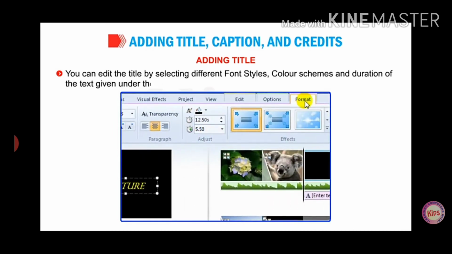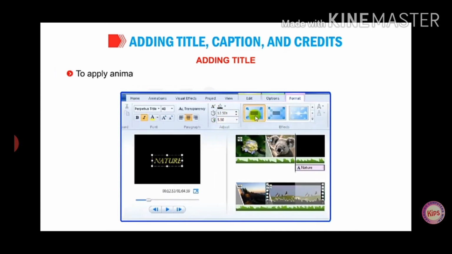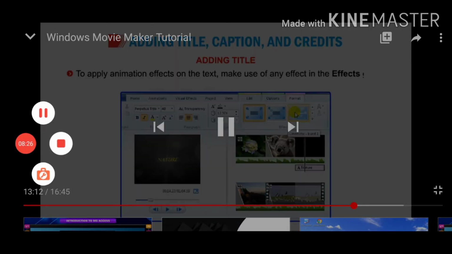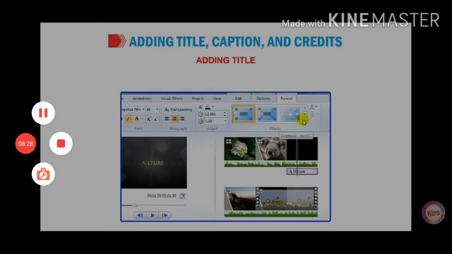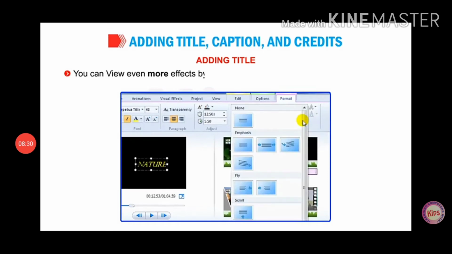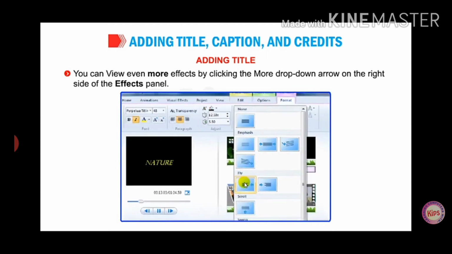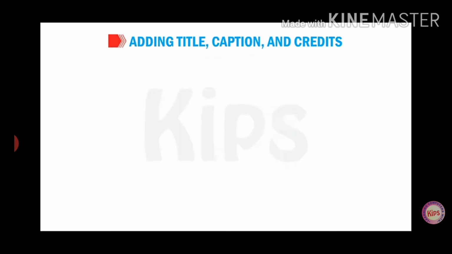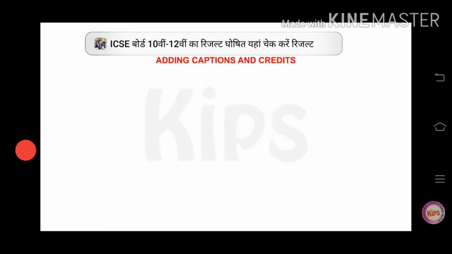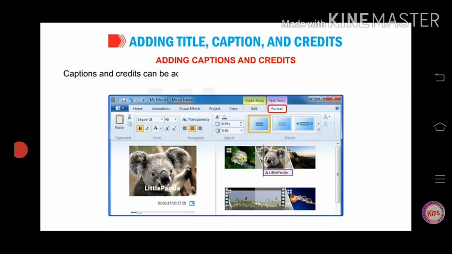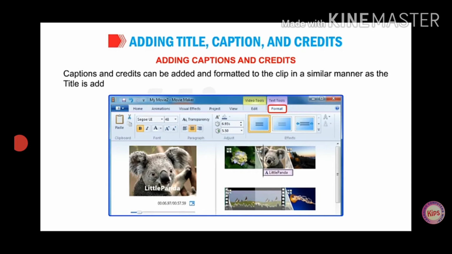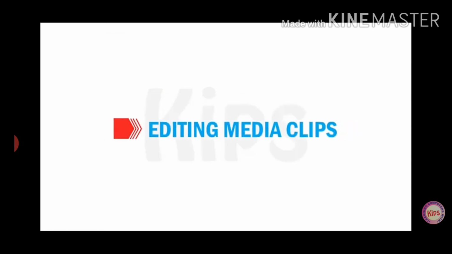You can follow these steps to add the title. How you can add the caption.